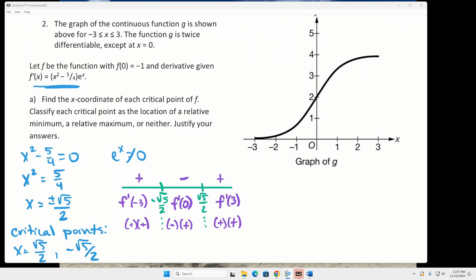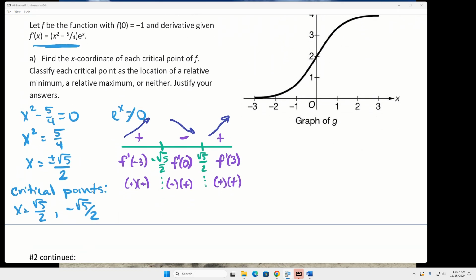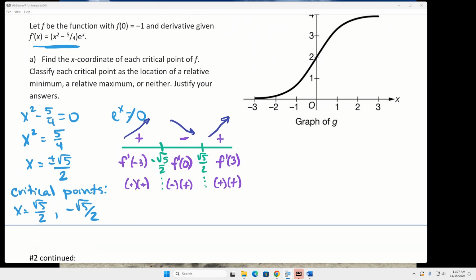Alright, so when we first learned this, I feel like you did a lot of this increasing, decreasing little arrows. You can do that if you want. But when we do our justification, it all goes back to if that first derivative is positive or negative. So where is there going to be a relative maximum? What x value? Negative